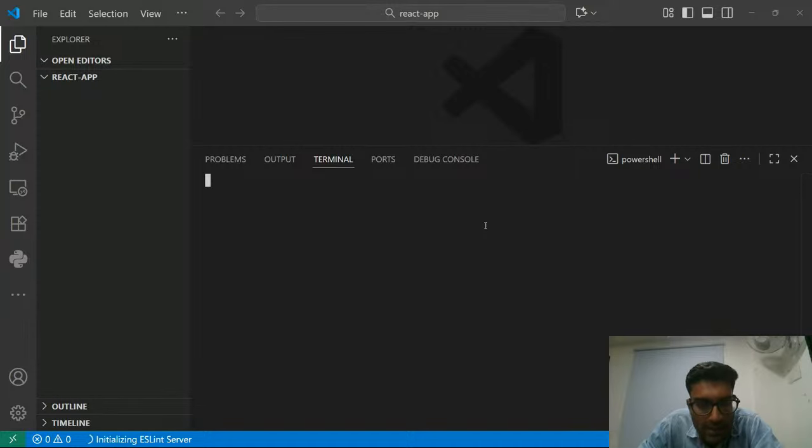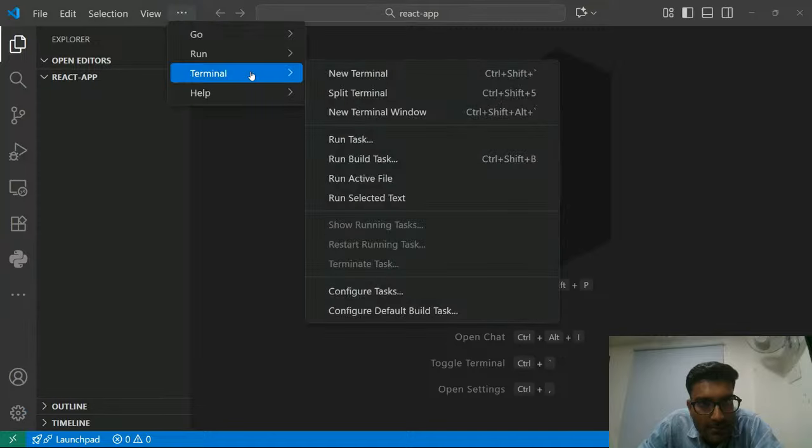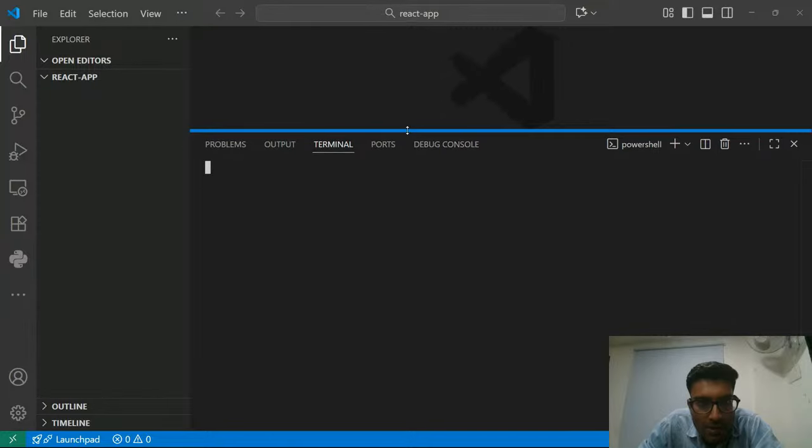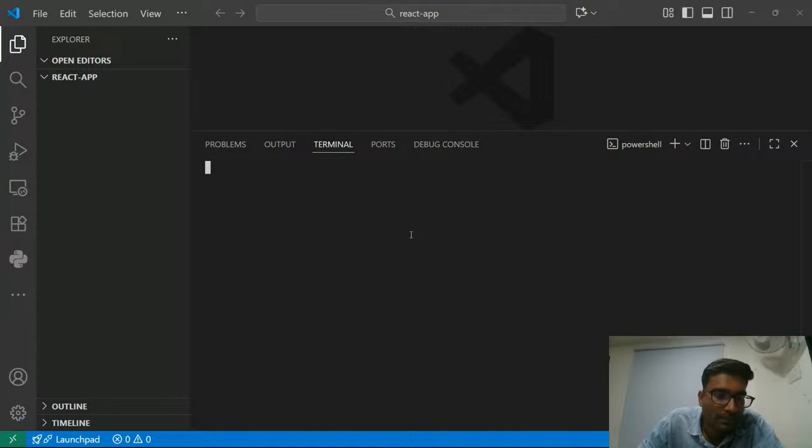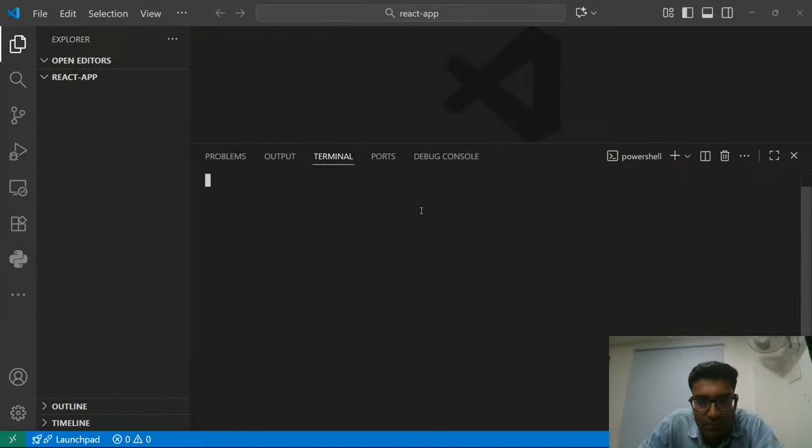It is taking a little time to load the terminal, so let us make it again. New terminal. Okay, now it is loaded.